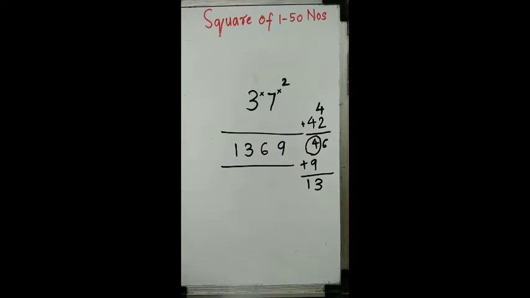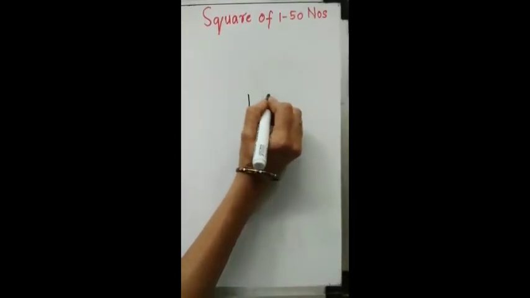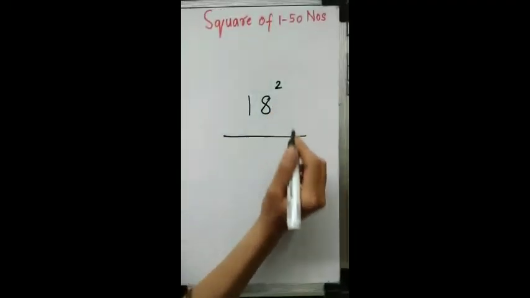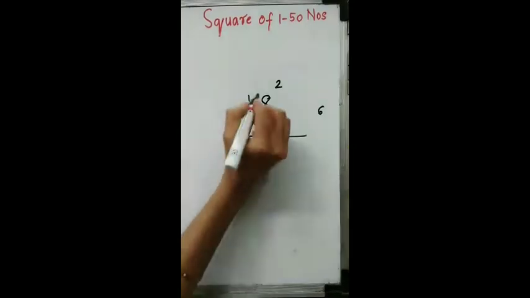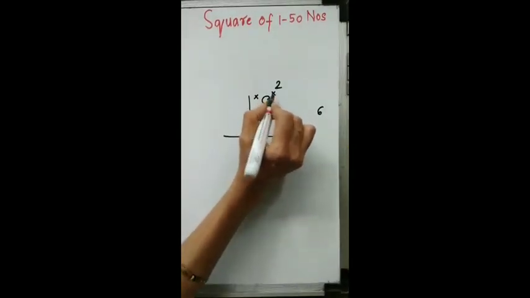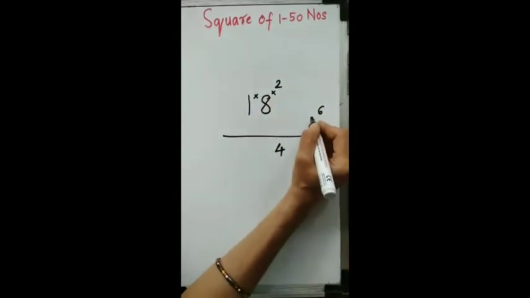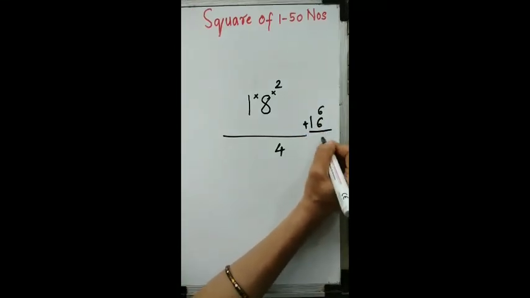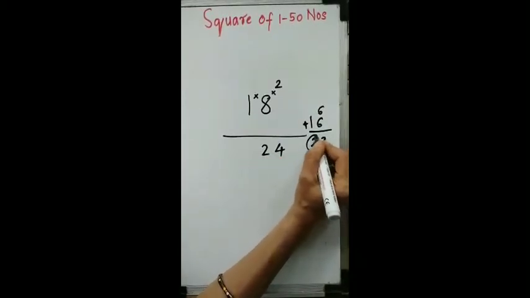So we are with one more number and we'll see the trick again. So children, for example, I have to find the square of 18. Okay, what will I do first? 8 8s are 64. So 6 is carried, I write 4. Right? Then I am going to multiply this. 8 1s are 8, 8 2s are 16. So that 16 gets added in this and I get 22, right? So I will write 2 over here and this 2 gets carried.